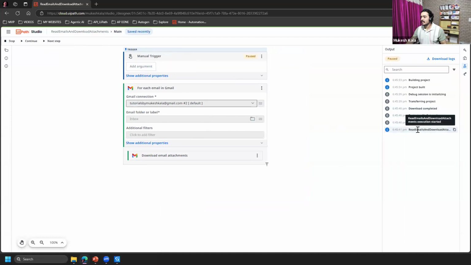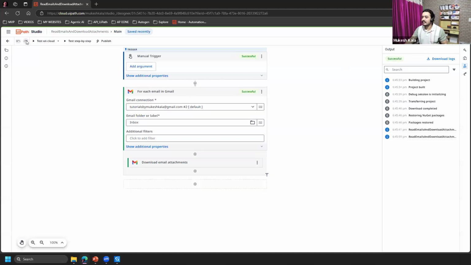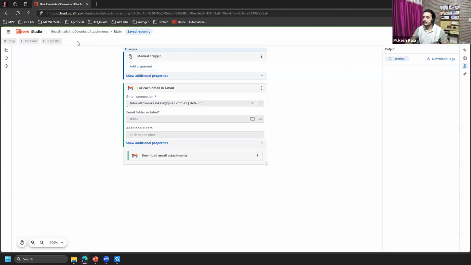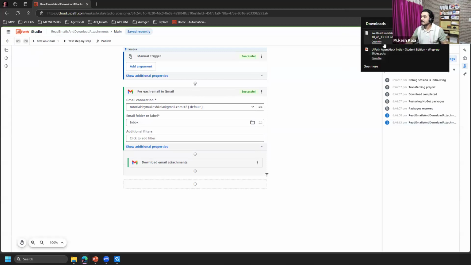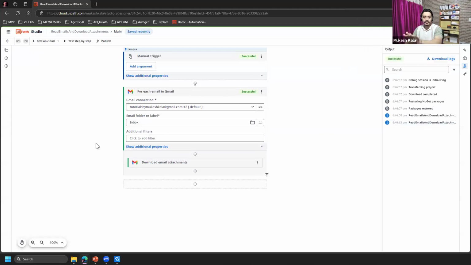And it will start that thing. It will go to that, and all of this we will cover in a step-by-step manner, but you can see it is paused, so I can say continue because I'm testing it step by step, right? Successful. Test step by step, testing, continue, and that's it. I'm done, right? Okay, somebody says, what is the download logs? We'll come to that, right?